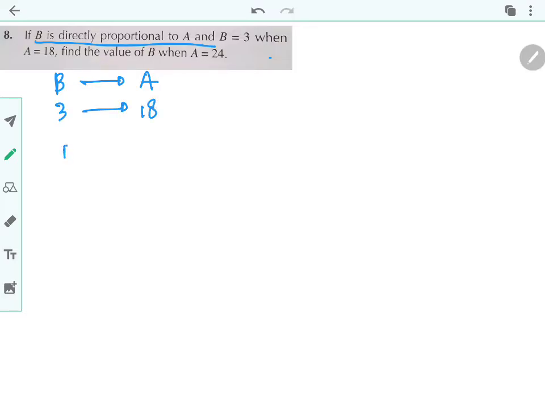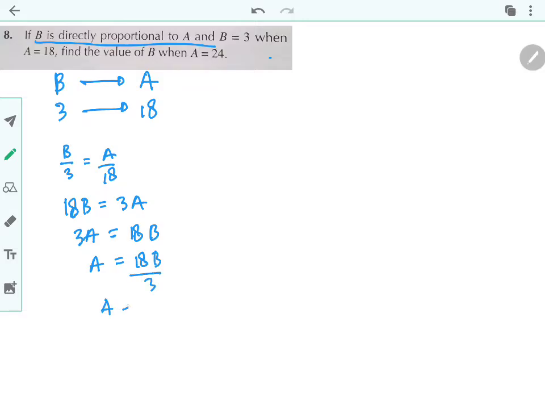So you can say B over 3 equals A over 18. So 18B equals 3A. Or if I want to reverse it, 3A equals 18B. So A equals 18B divided by 3. We can say A equals 6B. Okay? A equals 6B, and then the question is find the value of B when A is equal to